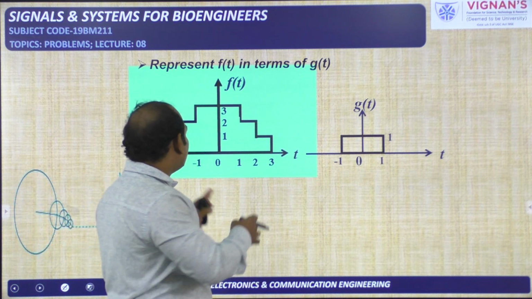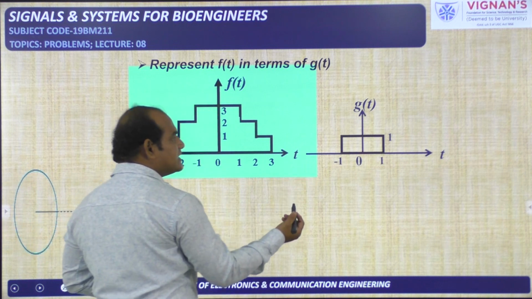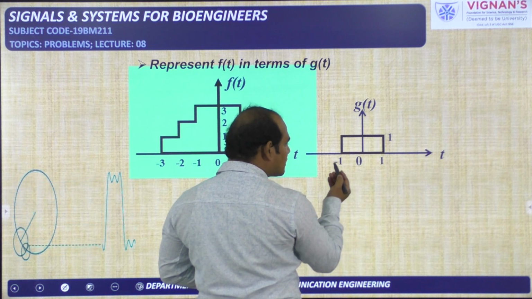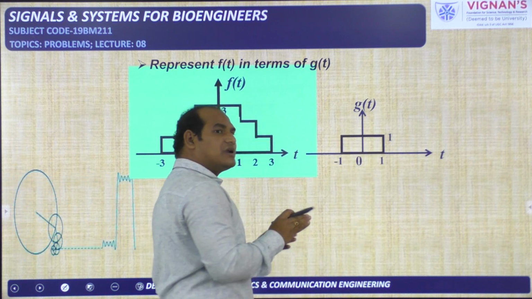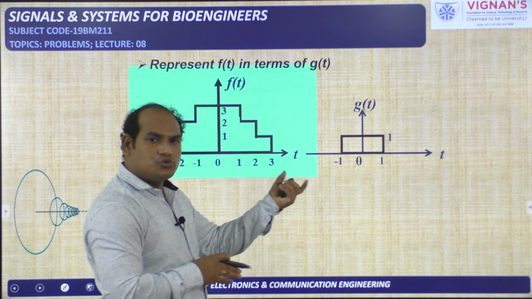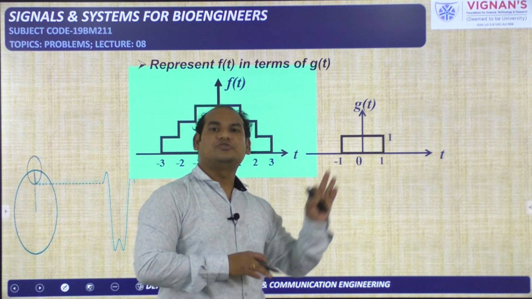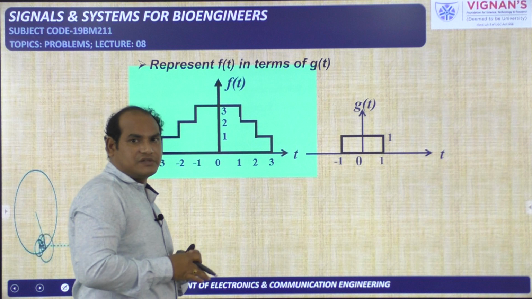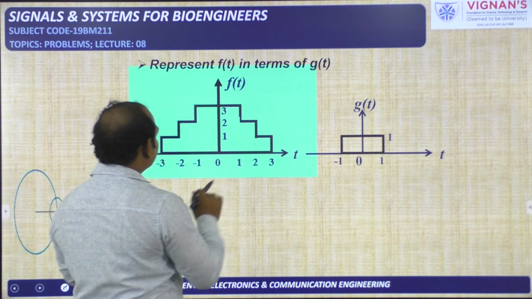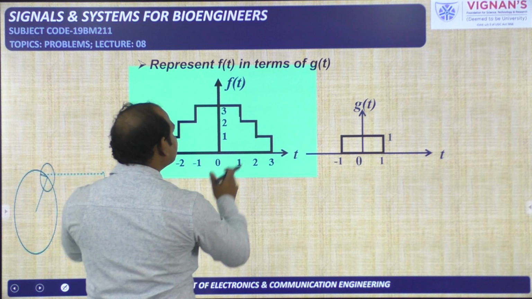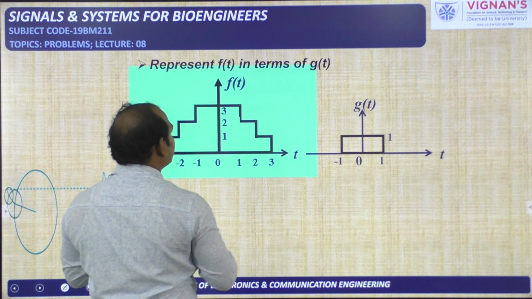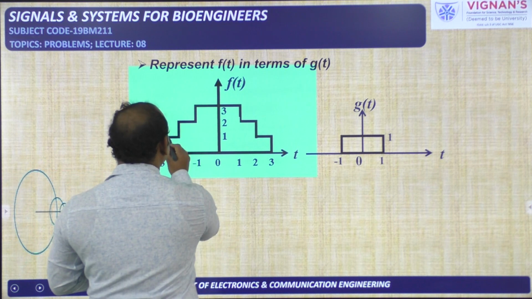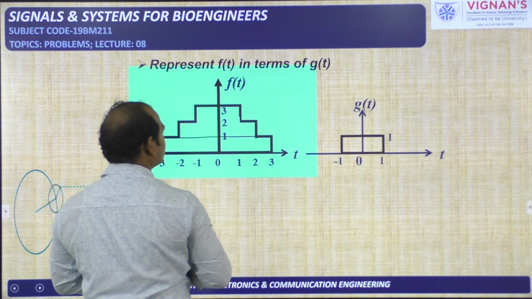If you observe these two signals, g of t is a rectangle pulse signal available as t is changing from -1 to 1, amplitude is 1. So simple rectangle pulse signal, its duration is 2 seconds, that is from -1 to 1 with amplitude 1, that is g of t. Now we need to write f of t in terms of g of t. Okay, so you see this one, I can say it is a combination of 3 rectangle pulse signals. First rectangle pulse is from -3 to +3 with amplitude 1.